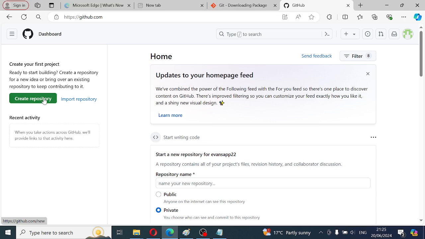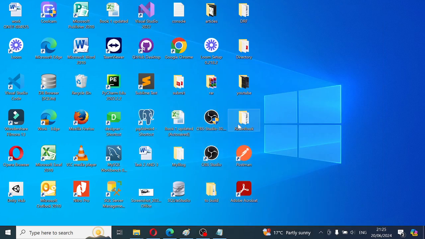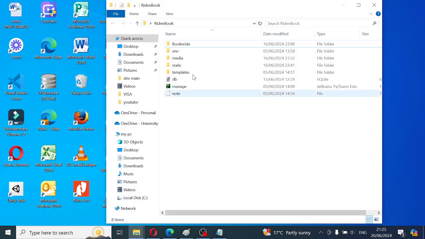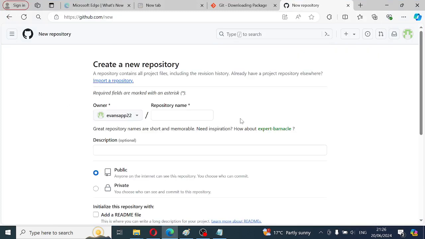Now, for this project that we're working on, Ride and Book, this app that we're building is gonna have the features of Airbnb, Booking.com, and Uber. So we're gonna create a repository for this project. Now, I'll go to my GitHub and click on Create Repository. Now, repository name, put the name that you want as your repository. And you can just call it